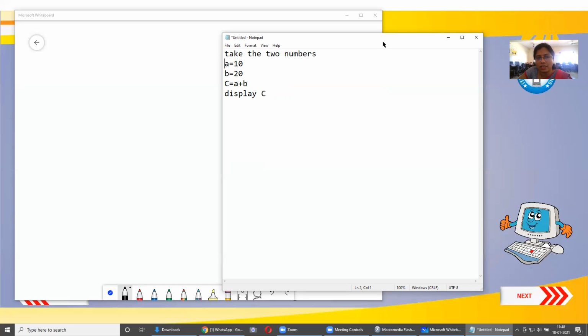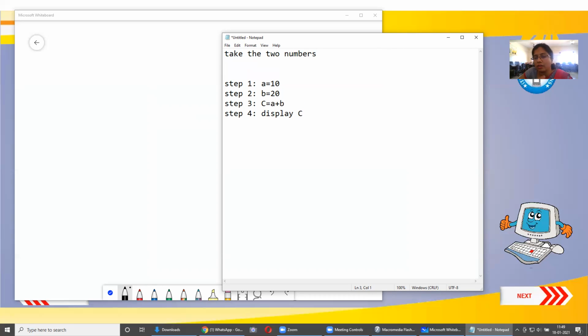So I'll call this step 1, step 2, step 3, and step 4. Correct? In these 4 steps, we do our programming. This is for adding two numbers.